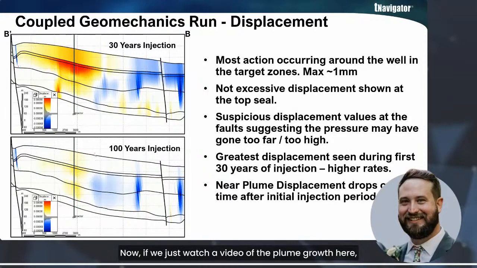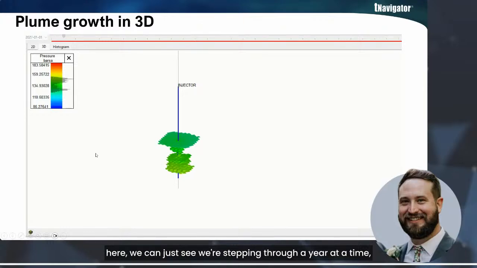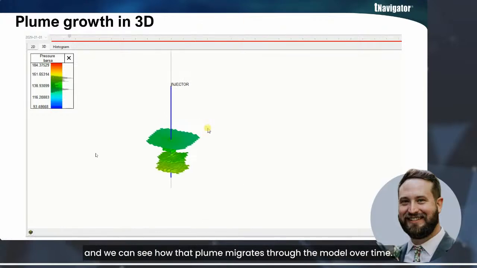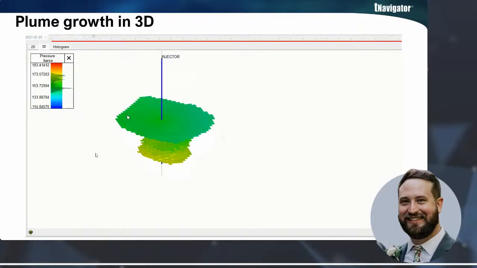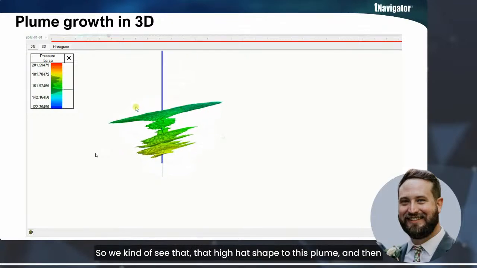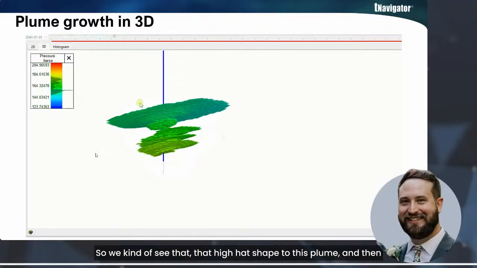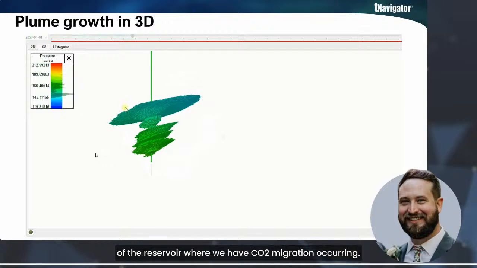Now, if we just watch a video of the plume growth here, we can see we're stepping through a year at a time, and we can see how that plume migrates through the model over time. As I mentioned, we do see it migrate first and fastest at that top layer, so we see that high hat shape to this plume. And then you do see those other high permeability stringers in the lower parts of the reservoir where we have